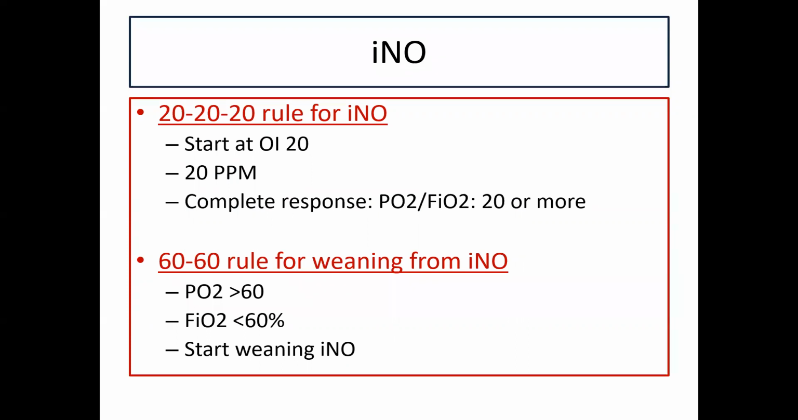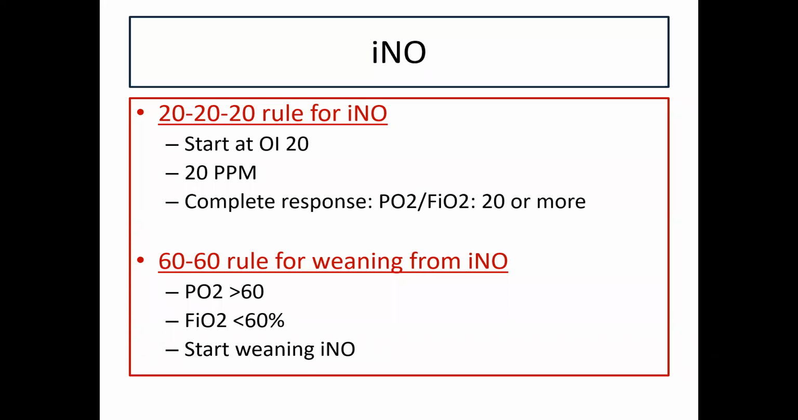So how does one initiate iNO? So we begin using the 20-20-20 rule. One starts iNO at an oxygenation index of 20. You know, OI was MAP into FiO2 divided by PaO2, at a dose of 20 again, 20 ppm. And a response is defined as a PaO2 by FiO2 ratio of 20 or more after 20 to 30 minutes of starting nitric oxide. So this is a 20-20-20 rule for starting NO,